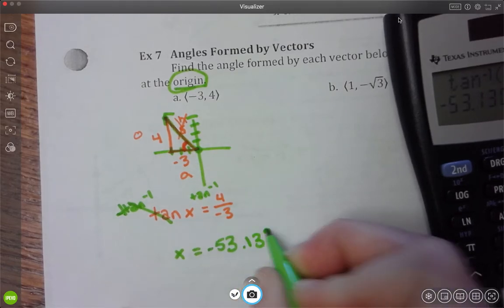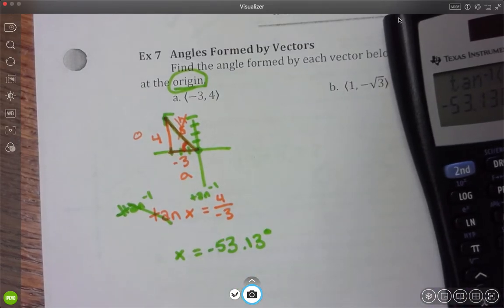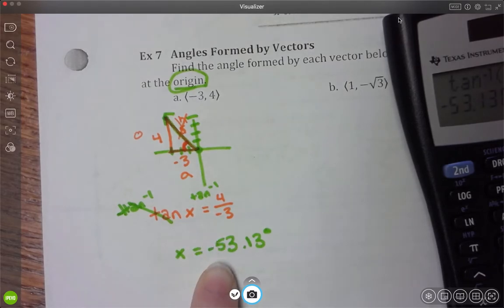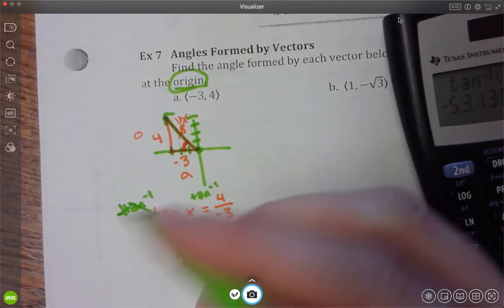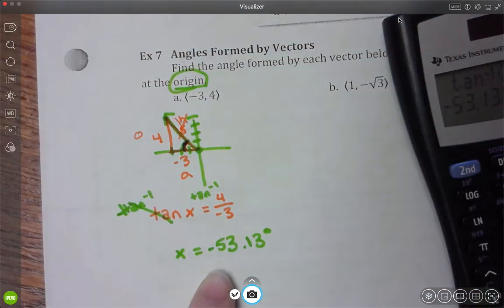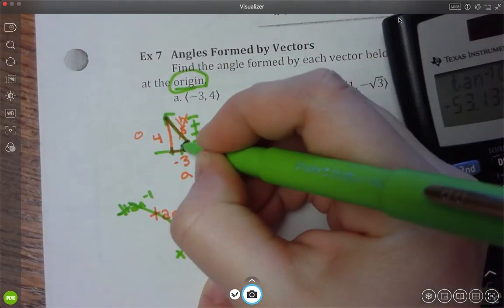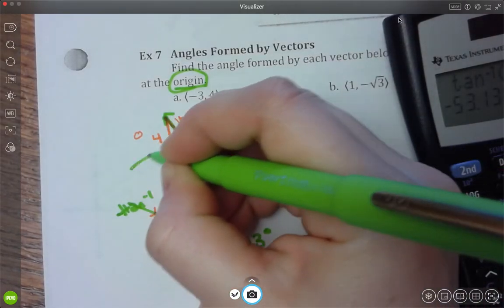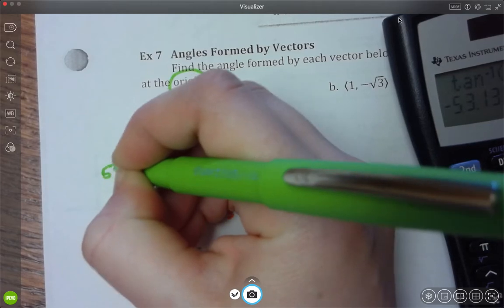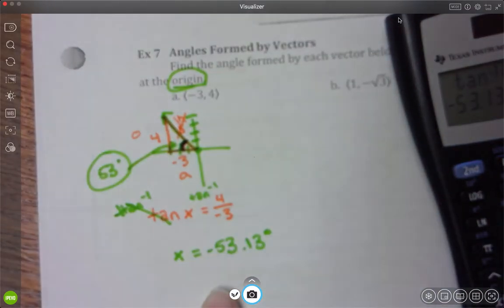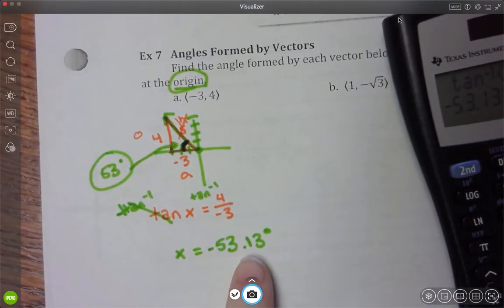That negative really doesn't matter so much, except for the fact that since we're in the second quadrant, tangent will be negative. So that's kind of how that angle comes into play. But they're saying that this angle right here is 53.13 degrees. Now, I'm not going to leave my answer as 53 degrees because we want it from standard